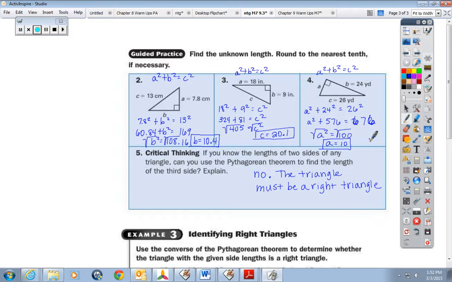24 squared was 576. 26 squared is 676. So to get B by itself, I had to subtract 576 from both sides. So 676 minus